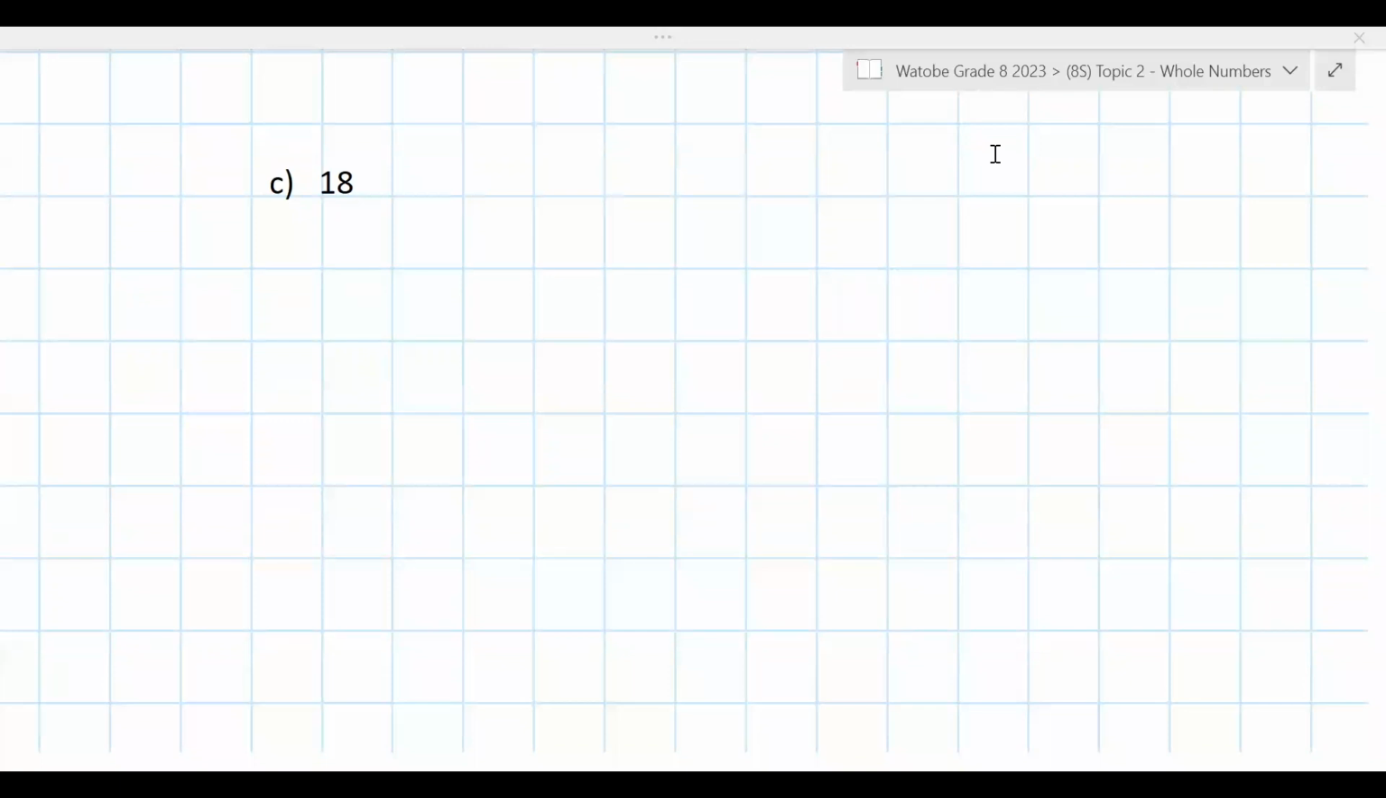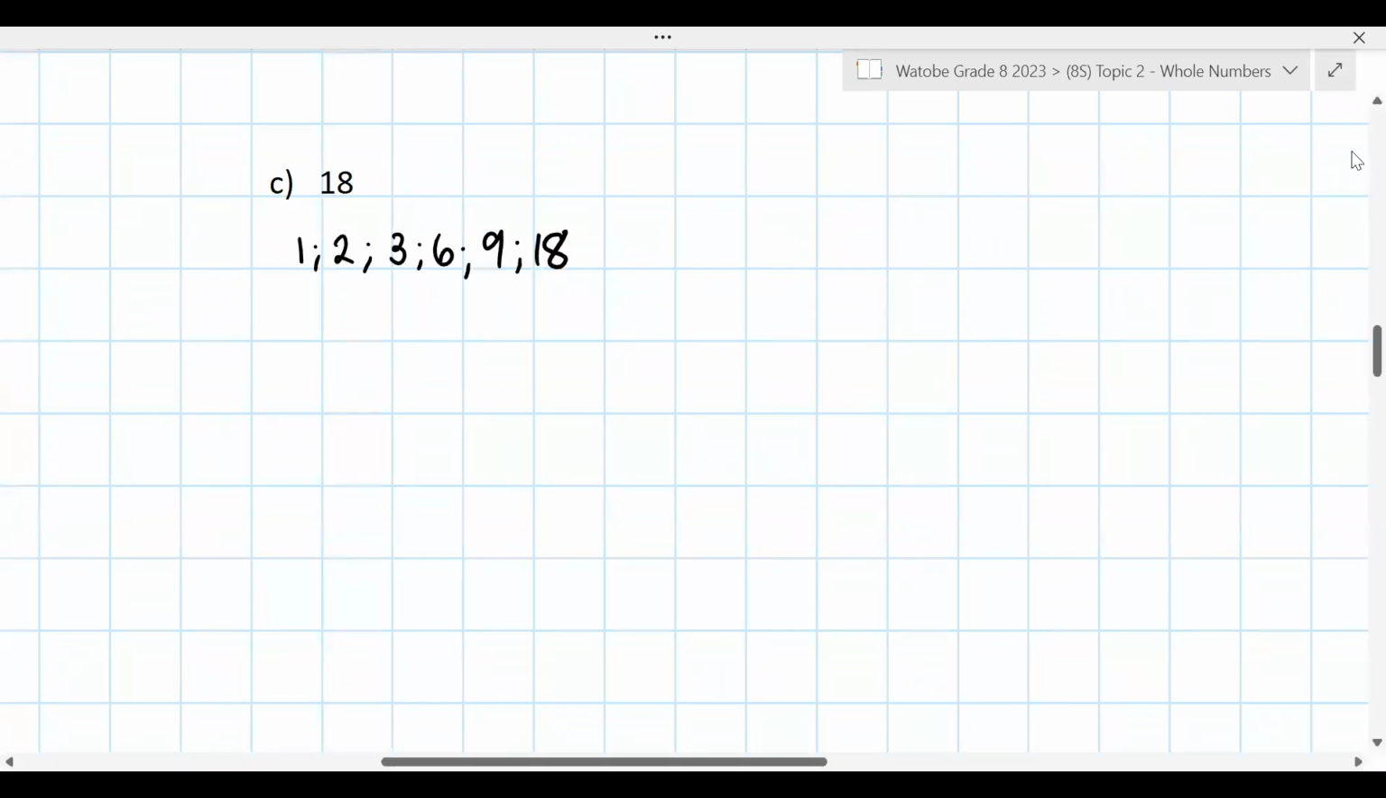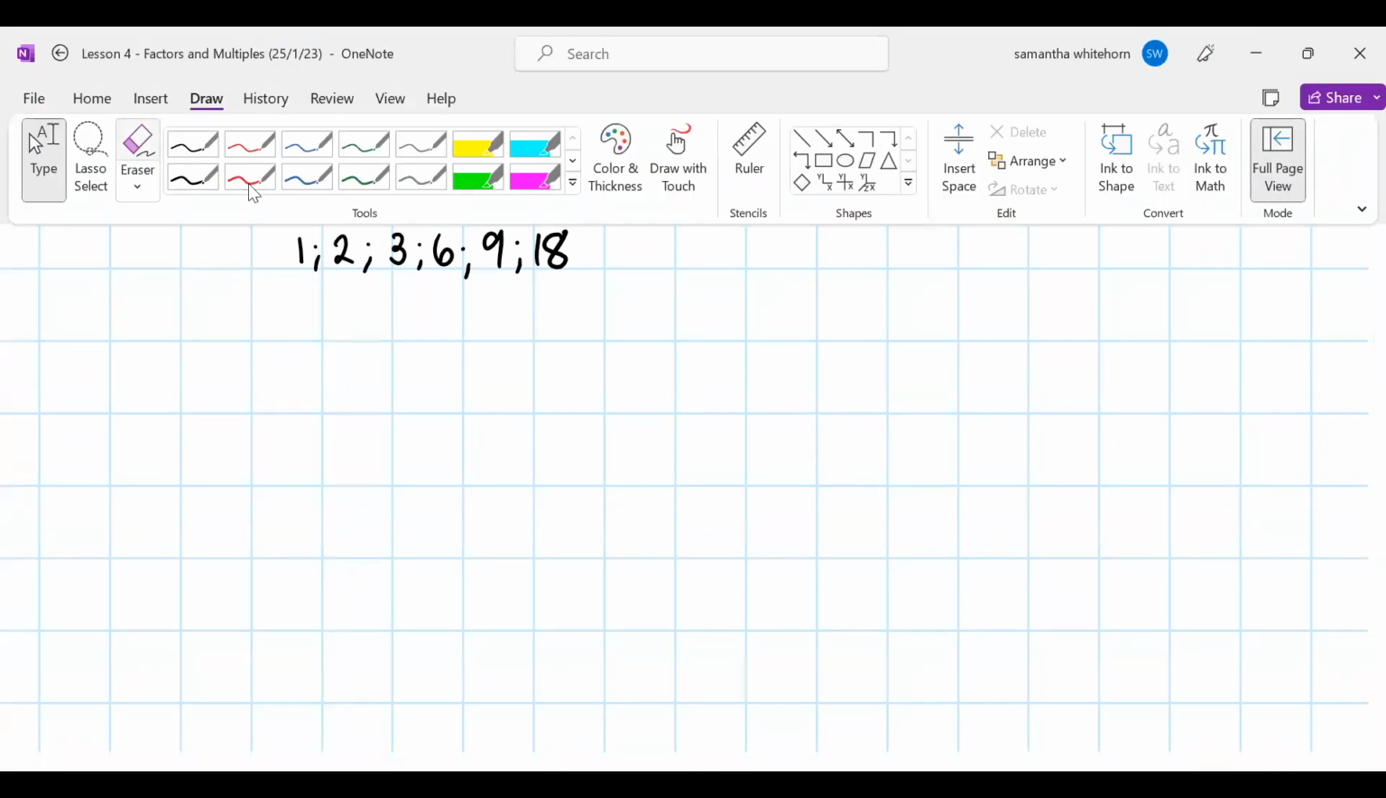Factors of 18? Yes, miss. It is 1, 2, 3, 6, 9, and 18. Perfect. Well done. Okay, so guys, when we get to factors, a way to check is to make